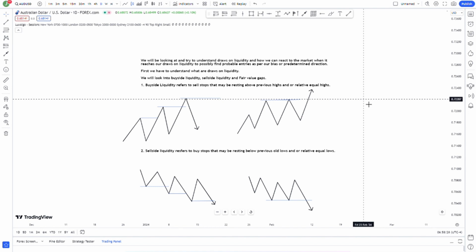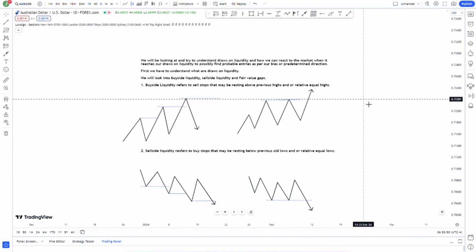Today we will be looking at and trying to understand draws on liquidity and how we can react to the market when it reaches our draws on liquidity to possibly find probable entries as per our bias or predetermined direction. First, we have to understand what draws on liquidity actually is. We will look into buy-side liquidity, sell-side liquidity,